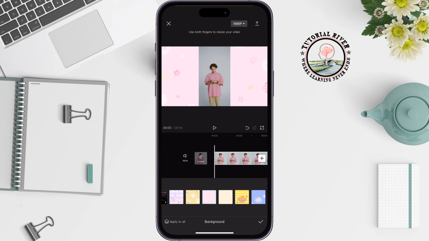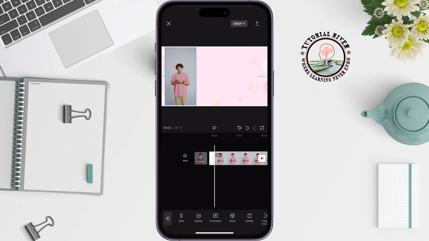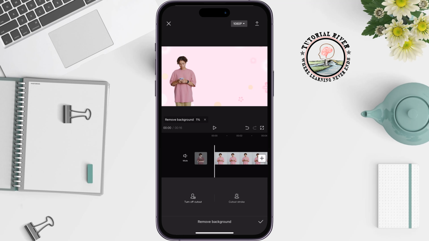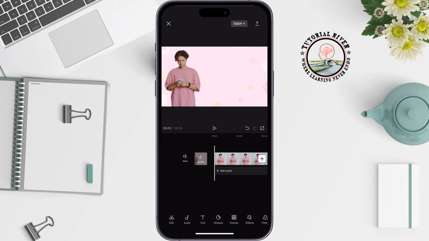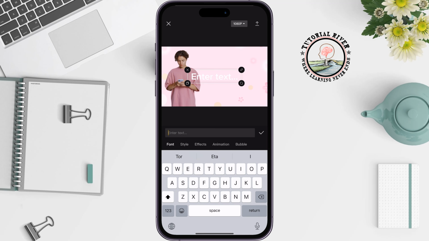And now I'm going to select the clip video footage and make it a little bit bigger, and now I'm going to tap on cutout, remove background, and it's time to add a text here. Selecting text tool, add text, and I'm going to write here,